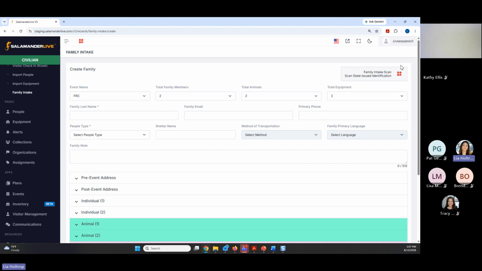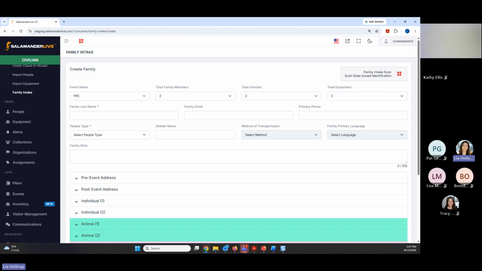There is an option for you to scan as well too. So this is scanning that very first person to create that, think of it as the head of household. So I'm not going to scan today only because this also gets posted to YouTube, which would then put my personal information on there. But one thing to know about scanning, it's the exact same setup when you're looking at